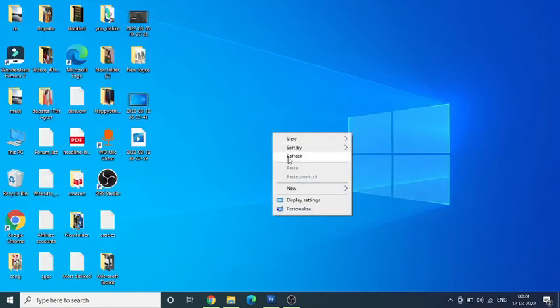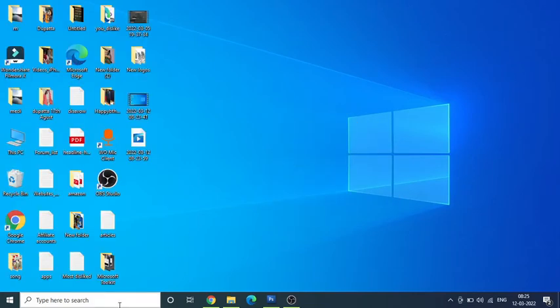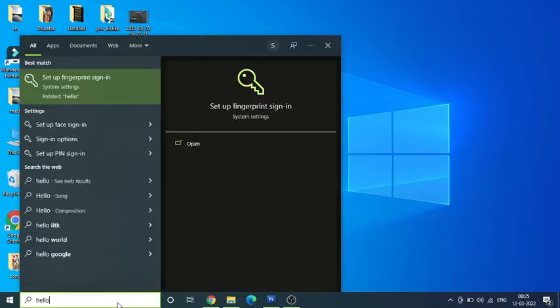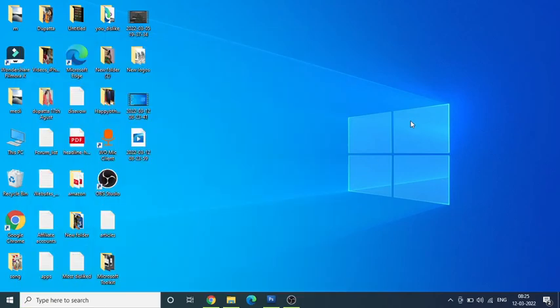So I'm going to refresh it now. Now I'm going to go and start typing right here, and I will see whether it types or not. And as you can see, now it is typing hello. So this is how you can fix the problem of keyboard not working on Windows search bar or any other